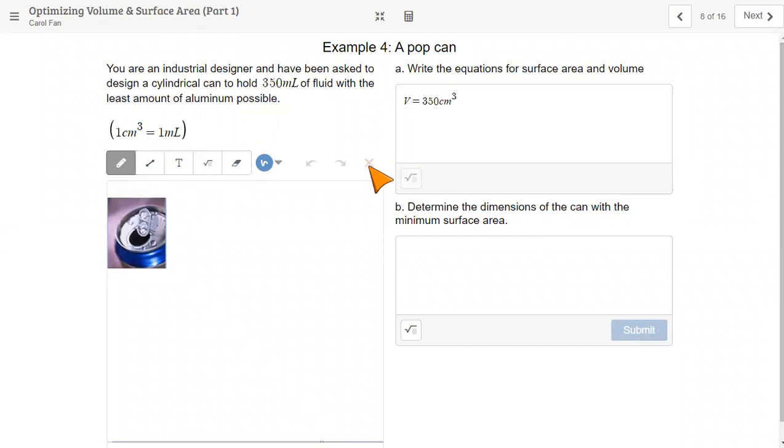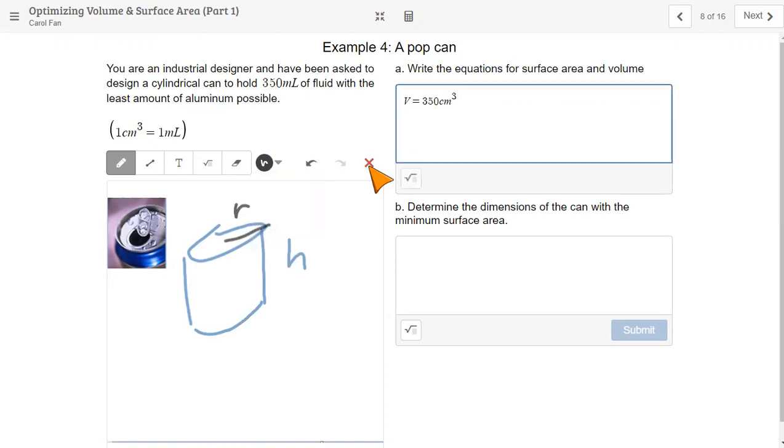Right, for my container, this is a very rough drawing, but I have my height, and the other dimension that concerns me is the radius. Okay, so let's write our equation. Volume is equal to pi r squared times h, and surface area of a cylinder,